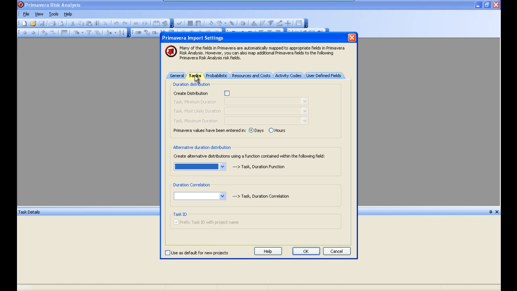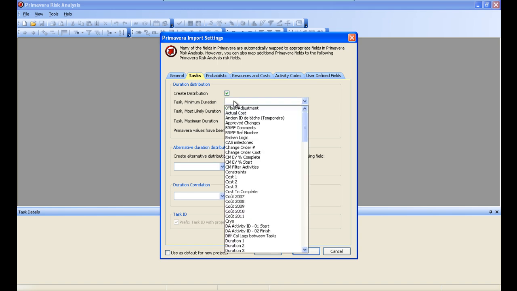The second tab, Tasks, will only be used if you have any risk information in Primavera P6. A lot of what the Primavera Risk Tool or the Pertmaster Risk Tool does is help you gather your risk inputs. So in the future, it's advisable that you start using that functionality to load risk quicker, smarter, better. If you do have risk that you're bringing in or you're doing an audit of someone else's data,